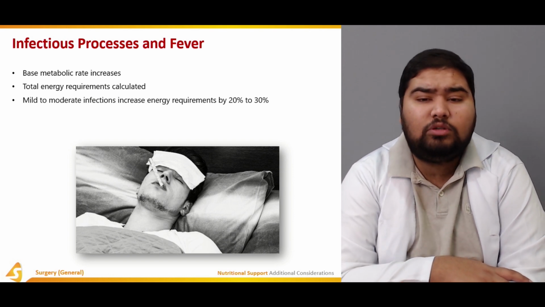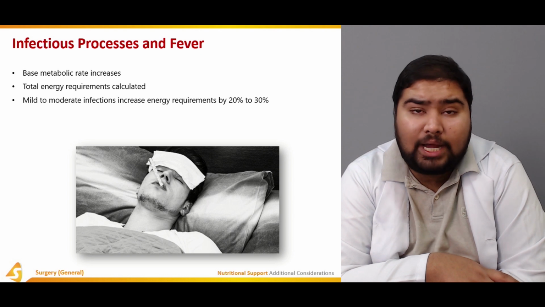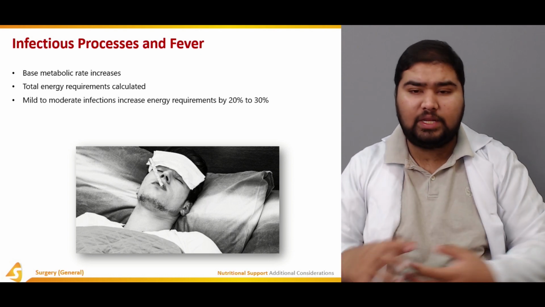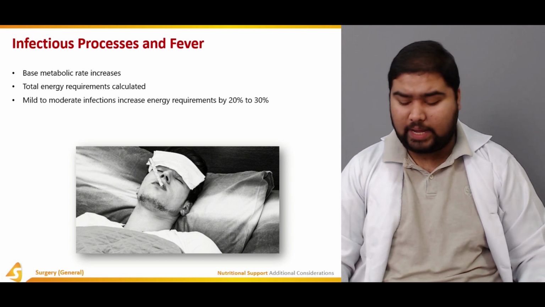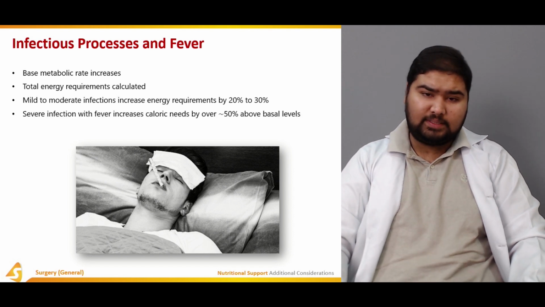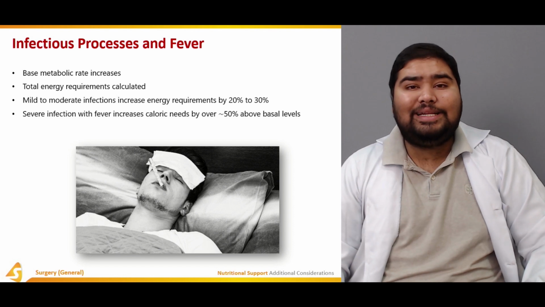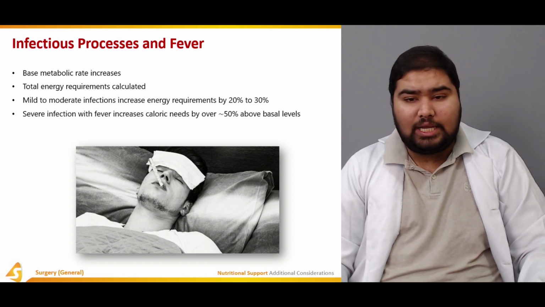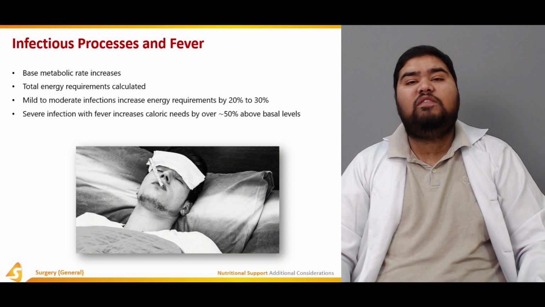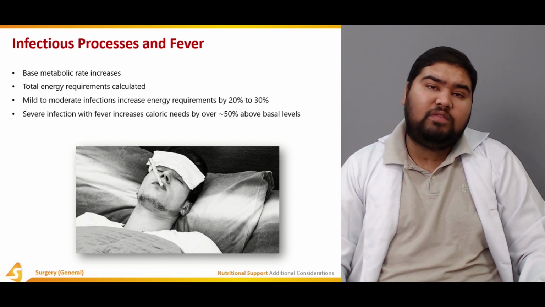There is mild to moderate infection, with a mild to moderate increase in the energy requirement by about 20 to 30%. Now severe infection with fever increases the caloric need by approximately 50% above the basal